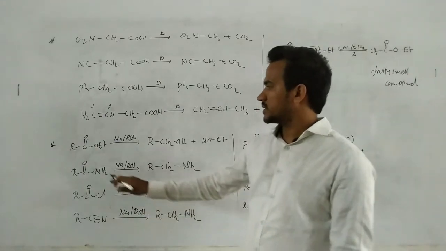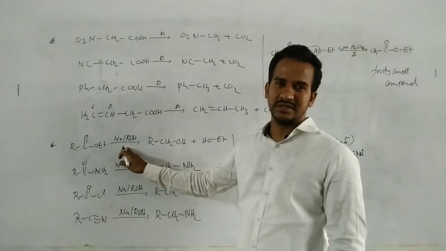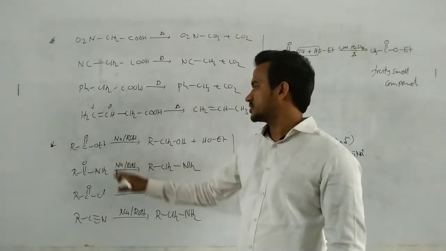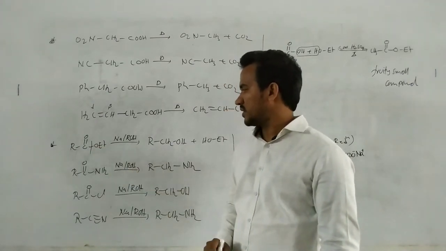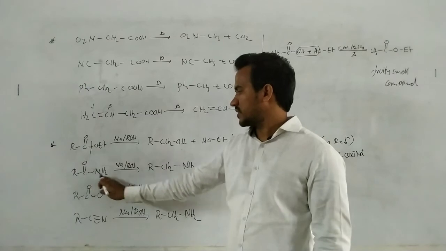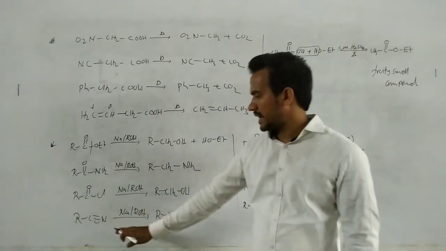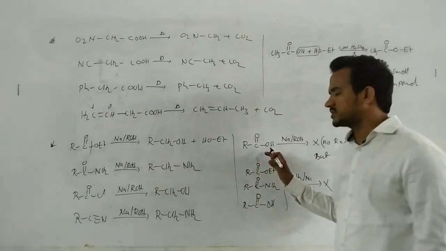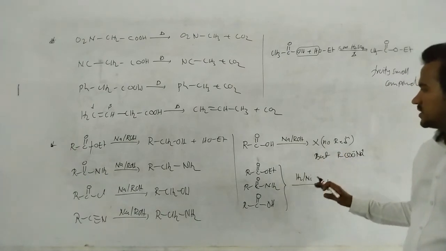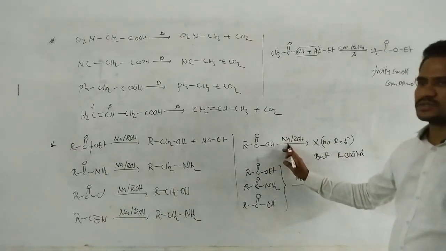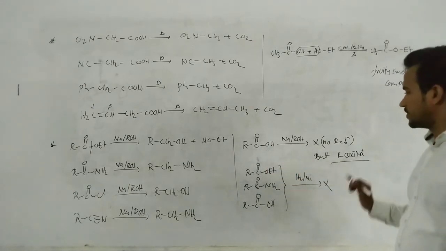Okay, so now here this ester molecule on reduction with sodium and alcohol. Generally, this reaction is named the Bouveault-Blanc reduction. So we'll get the alcohol and ethyl alcohol. That means like this here. And this amide on reduction, acid halides, alcohols, and cyanides, amides. But carboxylic acids on reduction with sodium in alcohol, there is generally no reaction, because just an acid-base reaction takes place. This is the alkali metal, this is the acidic compound, so just an acid-base reaction takes place.